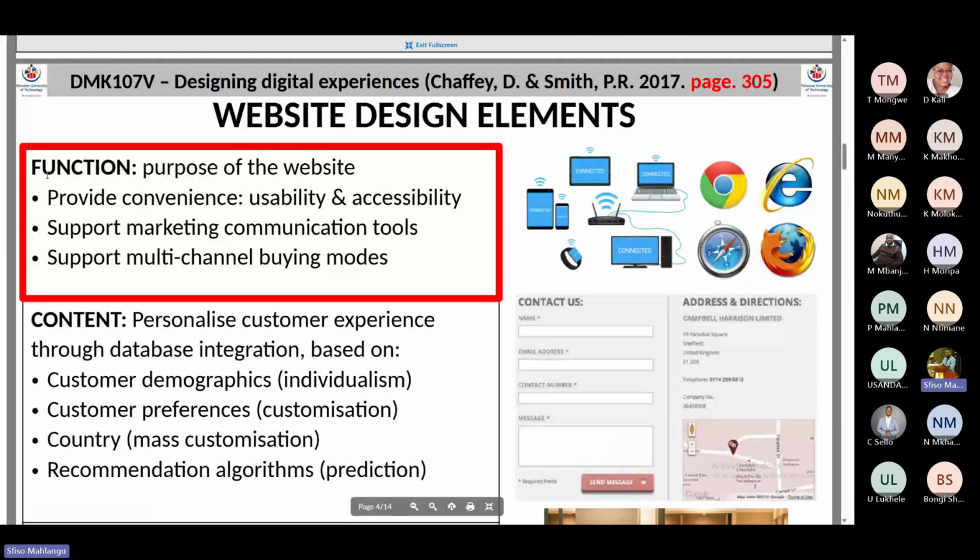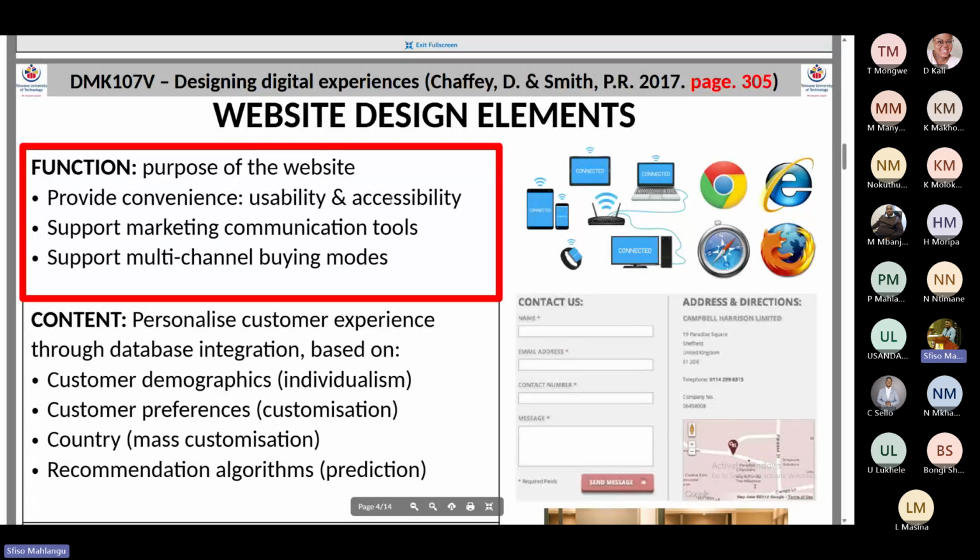They say here if you are creating a website, you must create it with a purpose. Why are you creating a website? Do you want to provide convenience, meaning people can access it and use it easily? You will see on the screenshot, you've got people accessing it on desktop, on mobile phone, on smartwatch, using different browsers. Is the reason for creating a website to support marketing communication